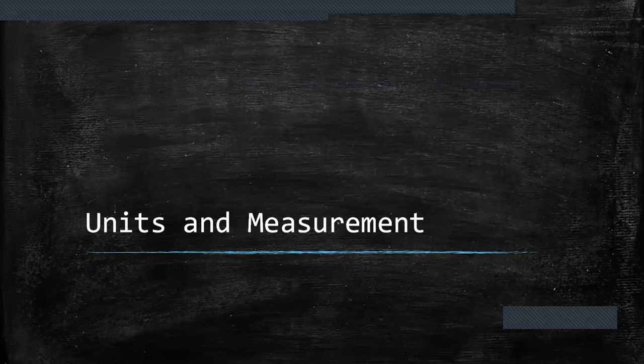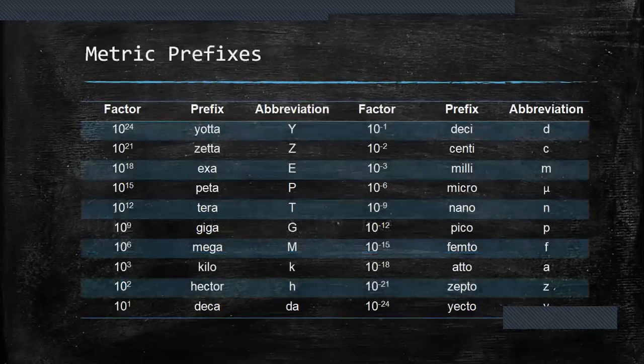Our first topic, units and measurement. Physics is a quantitative science. The lessons and calculations throughout the subject always involve measured quantities with specified numerical values. Scientific measurements are expressed in the metric system. This is a decimal system in which all of the units of a particular quantity are related to one another by factors of 10. The common prefixes used to express these factors are listed in this table.